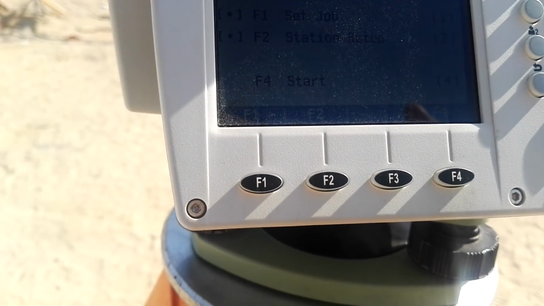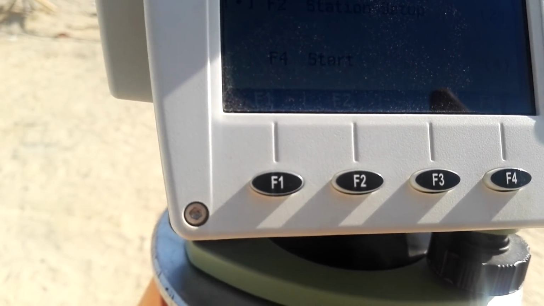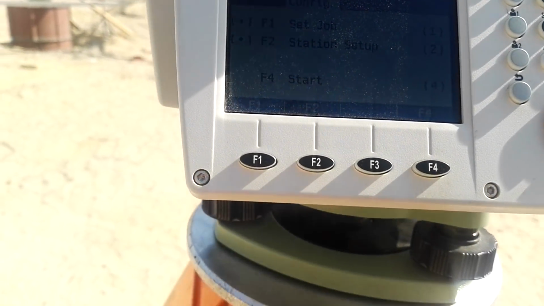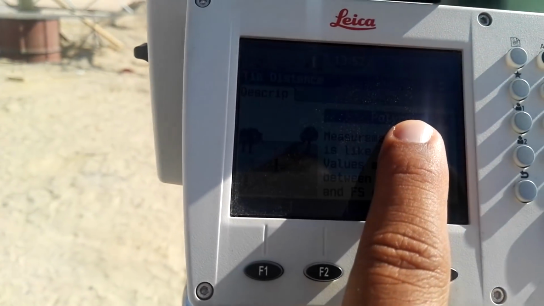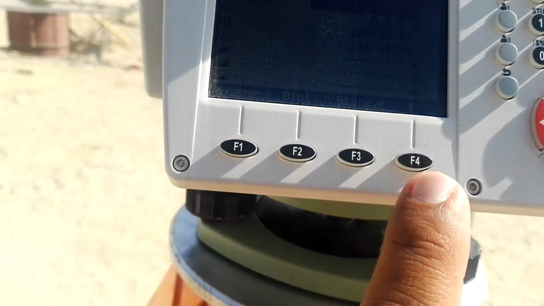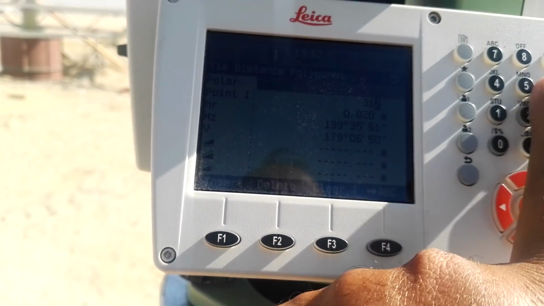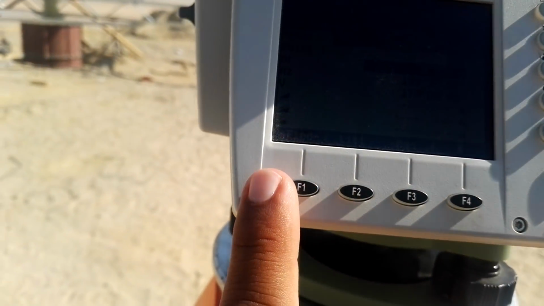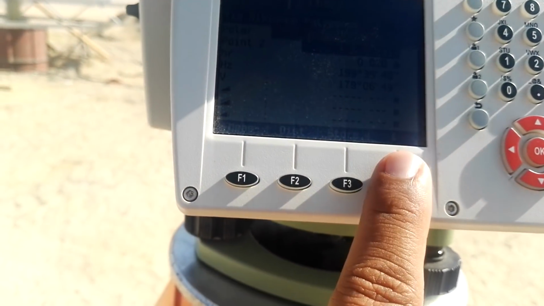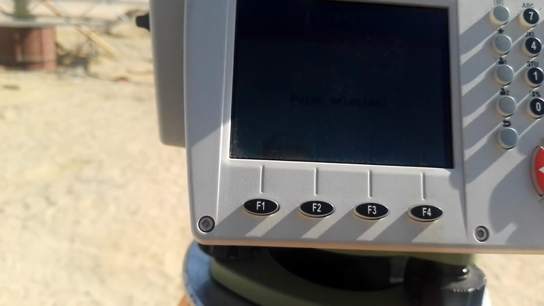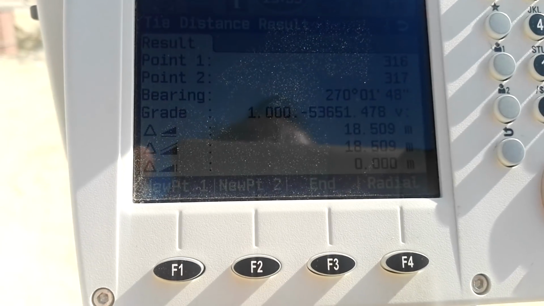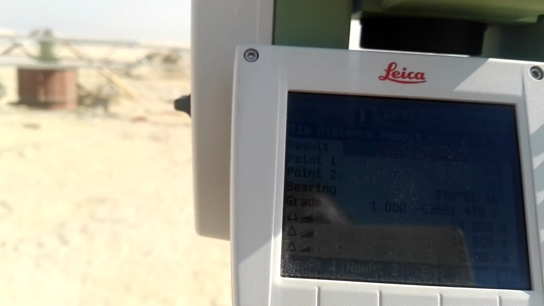The angle I already did, from the center point to the center of this template. I put the 0 and then rotate through 360 degrees. So here I only get the distance. I press F4, then the polygonal option, F4 to continue, and then I measure all these points one by one. For example, I have measured before point 316. I'll find that point. I have these measures. So F4, then 317. I'll find this also, and then F4 to continue. As you can see on the display, we have the equals, which gives the distance. In this way we can get the distance from point to point.